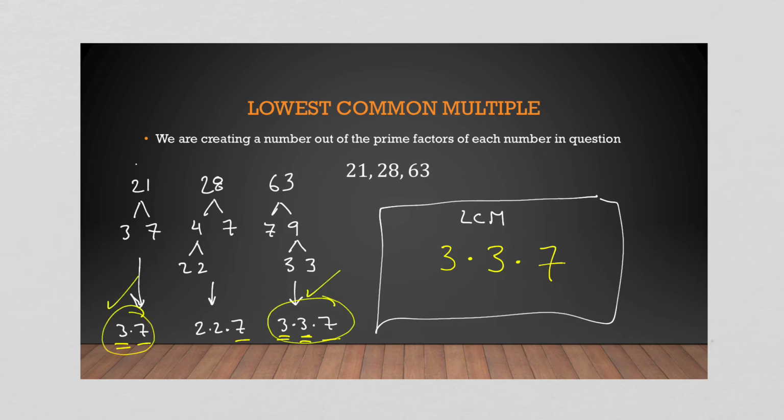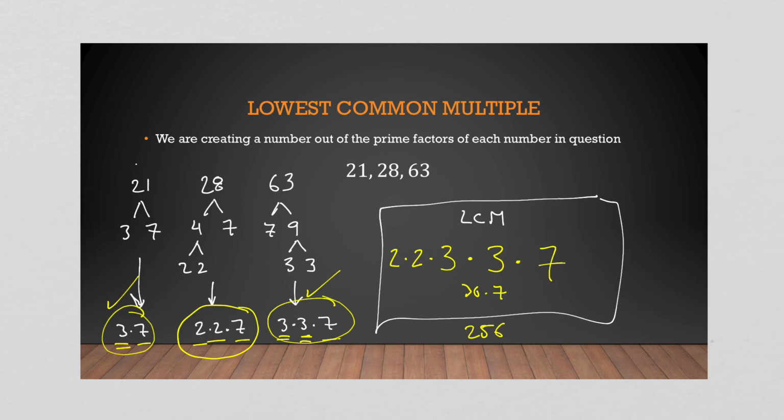This whole thing's covered. I just need to make sure this is covered. So what do I need? I need two 2's. So a 2, let's clean that up a little bit, a 2, and a 2. That is the lowest common multiple. 2 times 2 is 4, times 3 is 12, times 3 is 36. So we have 36 times 7, which is